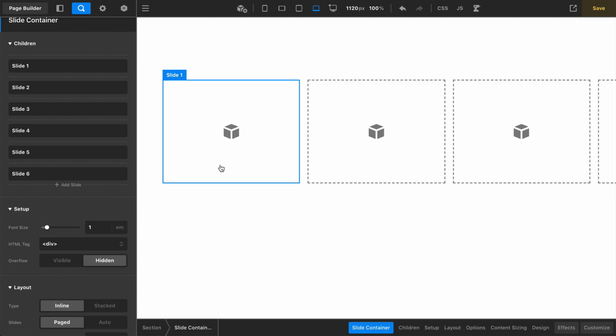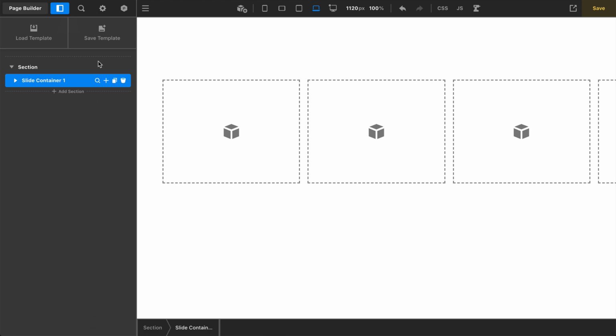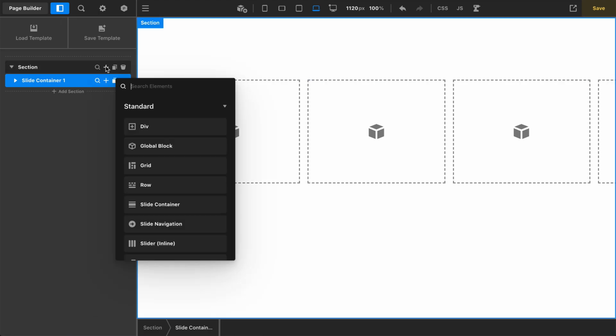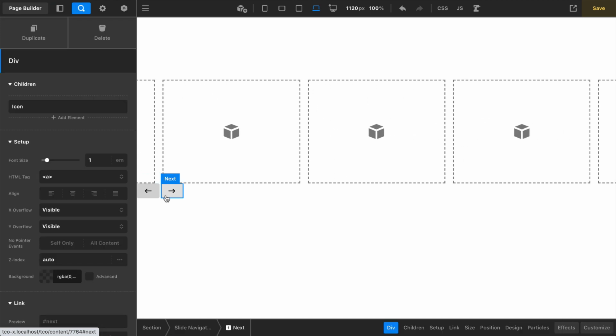And I can start clicking right into these and adding elements and styling as I want. And then let's say that I also knew I wanted to add a navigation element here. I could again go back to my section and simply add this slide navigation element. And you're going to see just a very basic styled set of buttons appear for you to start working on. Again, the whole point of this is that all of the navigational stuff is wired up for you. You've got a little bit of design so you can see something, but you can click right on this. We'll see that the slider is automatically moving, and I could of course start styling these buttons as I see